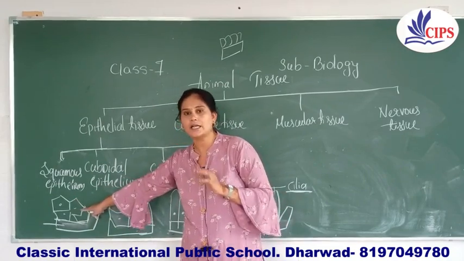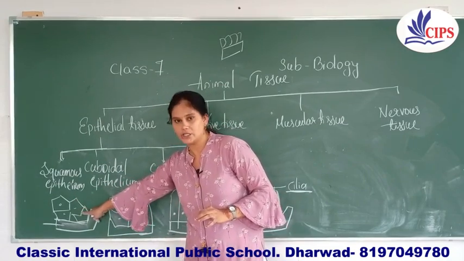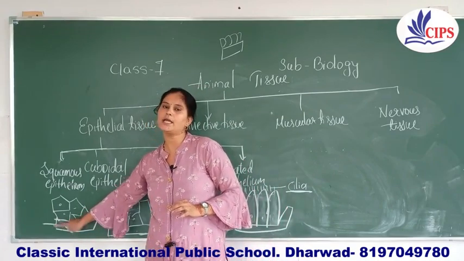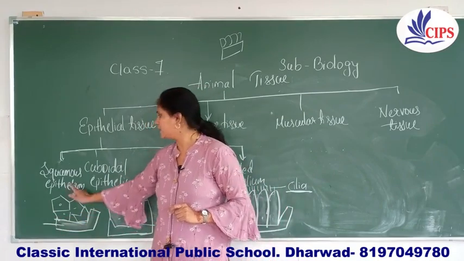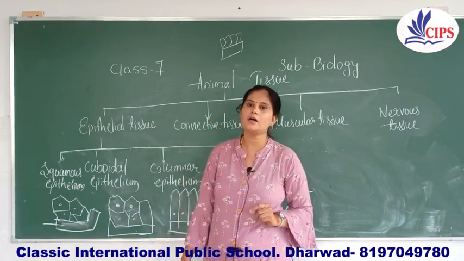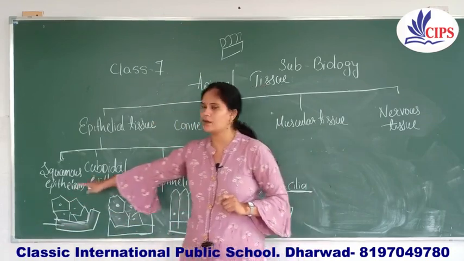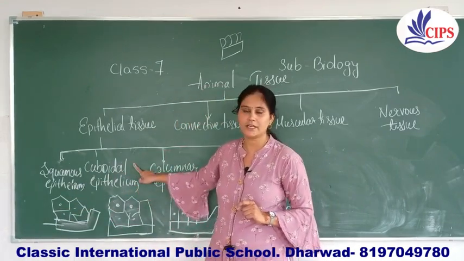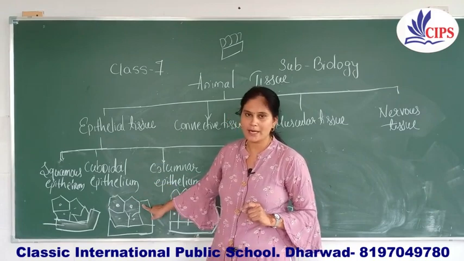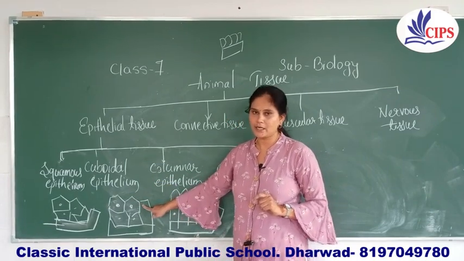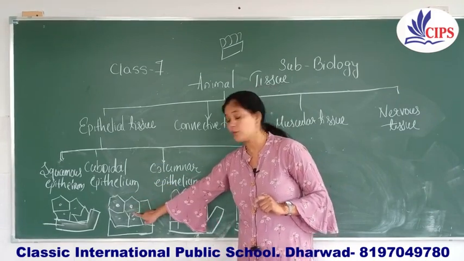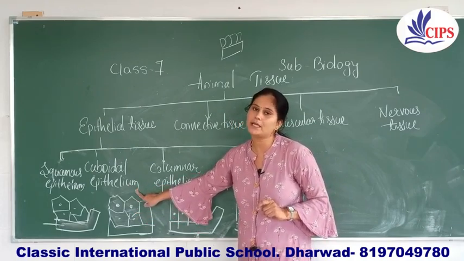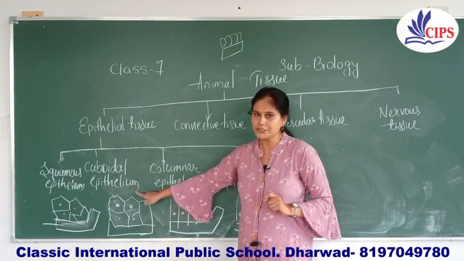Here the cells are irregular in shape, and these cells are resting on a membrane which is called the basement membrane. And these cells are usually present in the mouth or in the inner lining of the blood vessels. Now come to the cuboidal. The name itself indicates that they are cuboidal or cube. The cells are cuboidal in shape and the nucleus is present at the center, and the main location of the cuboidal epithelial cell is present in the